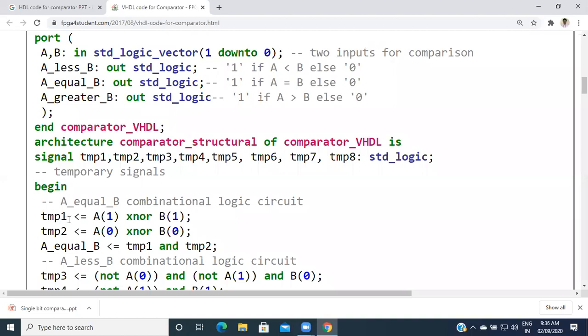Temporary 1 is A XNOR B. If both the inputs are 1 and 1, then the XNOR operation gives us temporary 1.